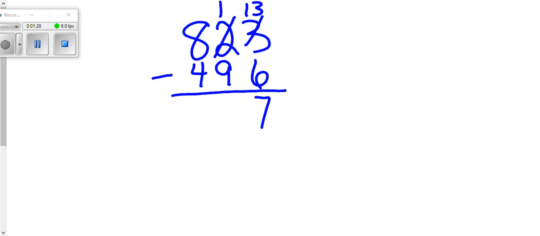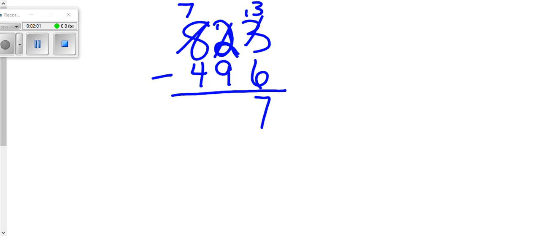This is where the kids get stuck because they don't realize that you're taking away 10 tens, which makes a 100. They're taking a 100 away, which makes this 700. And they want to come over here and put 100 here, which is what that represents. But what it is instead of it being 100, what we want them to put here instead